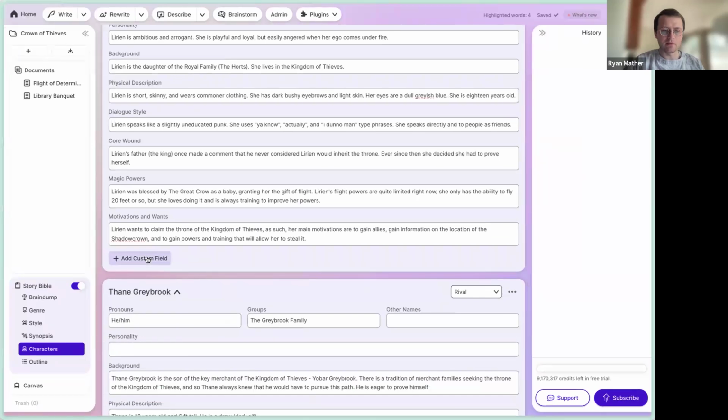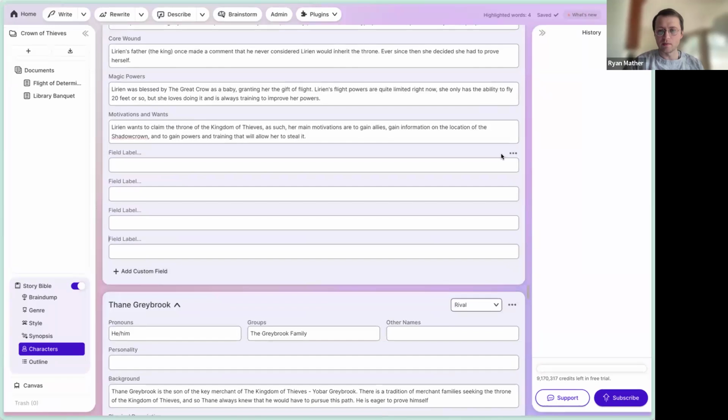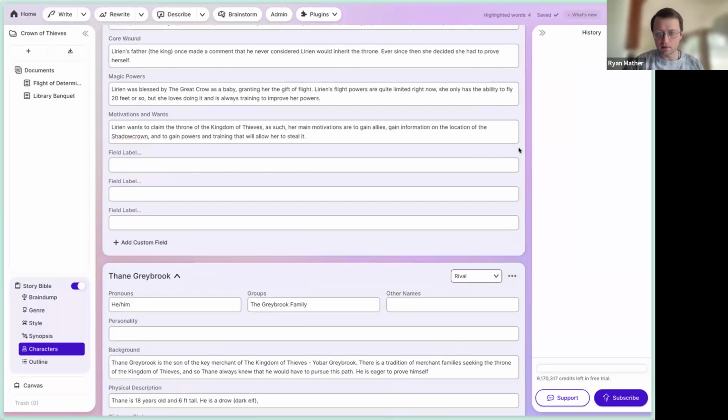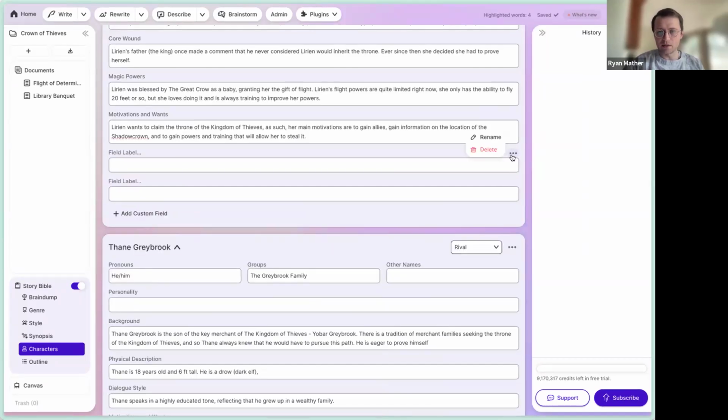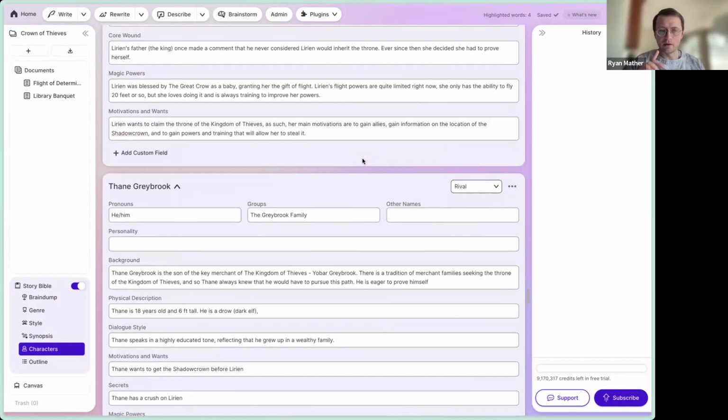So you can add a custom field. You can add as many of these as you want. I'm creating a lot of work for myself to delete them now, but it is easy to delete if there's no content inside. So now you'll have to do this work